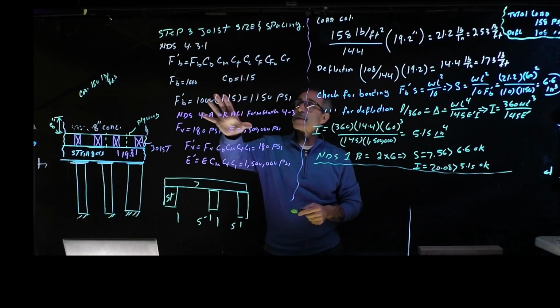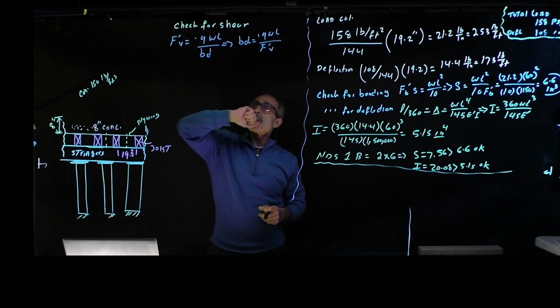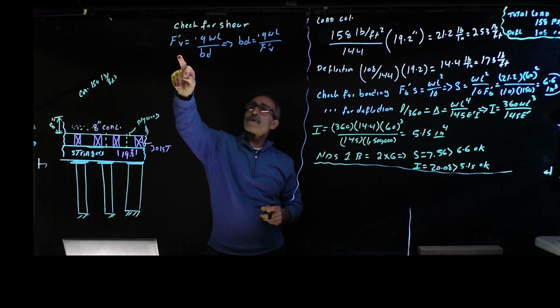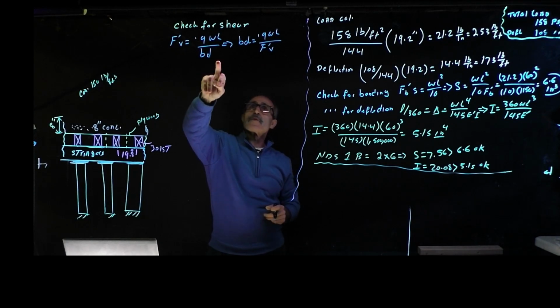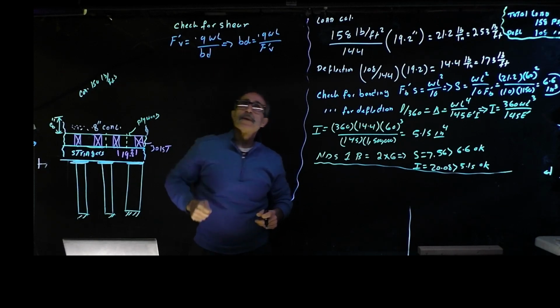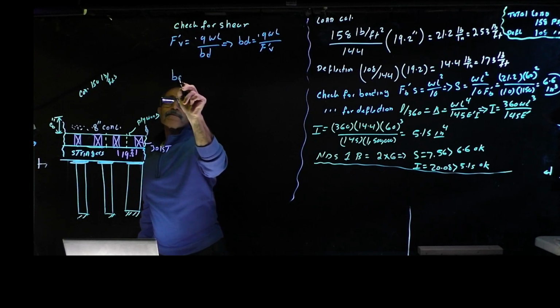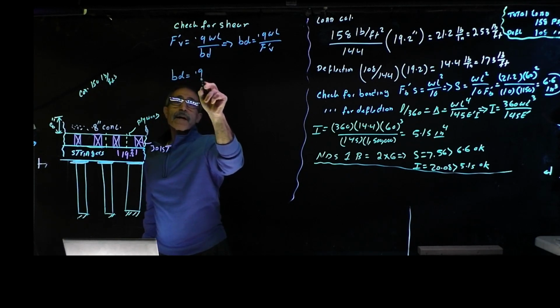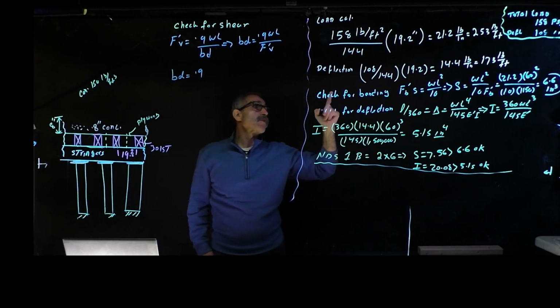I'm going to erase right here. I'm going to check for shear now, and shear for 3-span is given by this equation. Then we're going to solve for BD because we have all of them. So BD is going to come out to be 0.9,